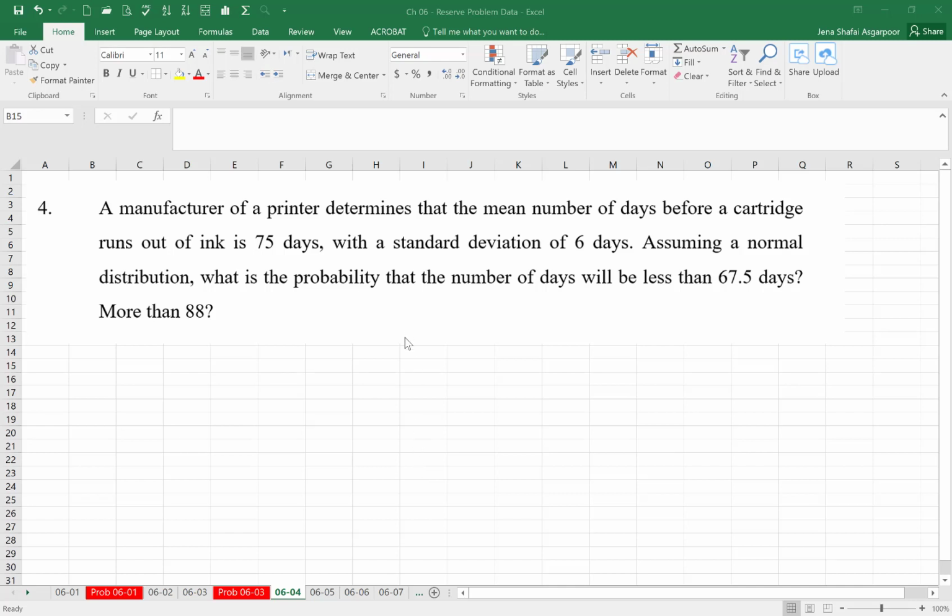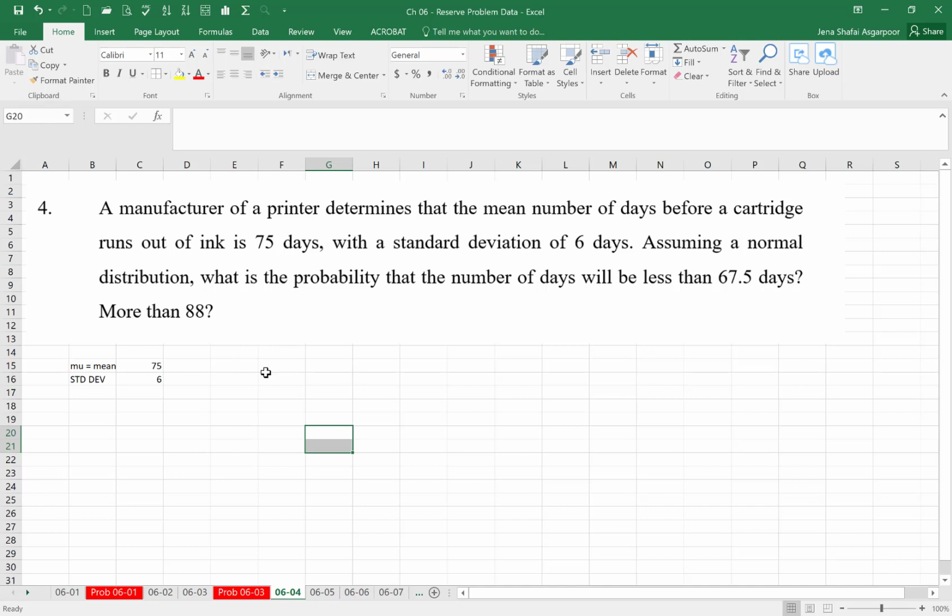In this problem, we will use the normal distribution function in Excel. A manufacturer of a printer determines that the mean number of days before a cartridge runs out of ink is 75 days. So that's our mean, or mu, with a standard deviation of 6 days. Assuming a normal distribution, what is the probability that the number of days will be less than